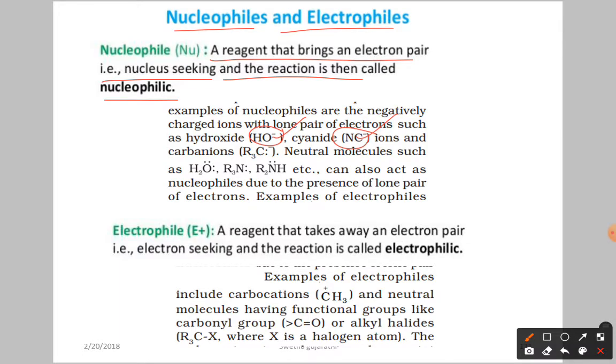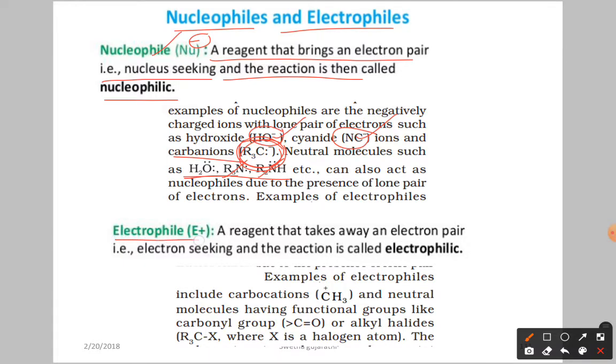Okay. Along with that, here we have some fragments having lone pairs of electrons. Here you can see carbanions, having the negative charge, and water, as you know very well, which has two lone pairs, and we have the amines, tertiary amine, secondary amines. So simply a negatively charged fragment is called a nucleophile, that we are going to show as Nu minus. So that is a nucleophile.